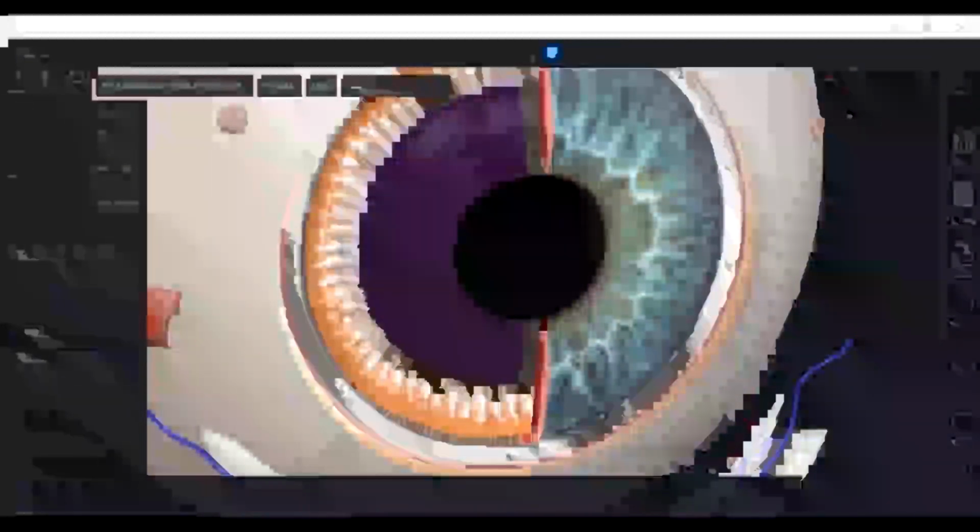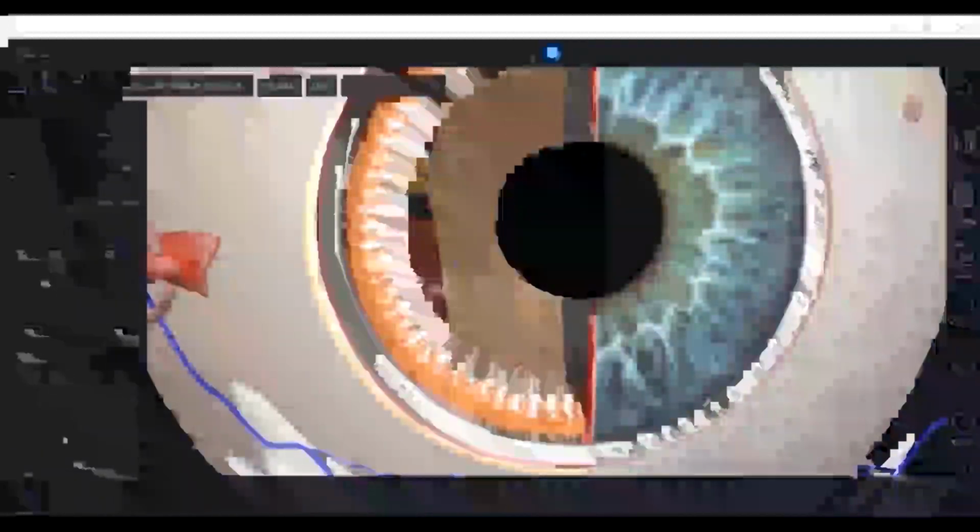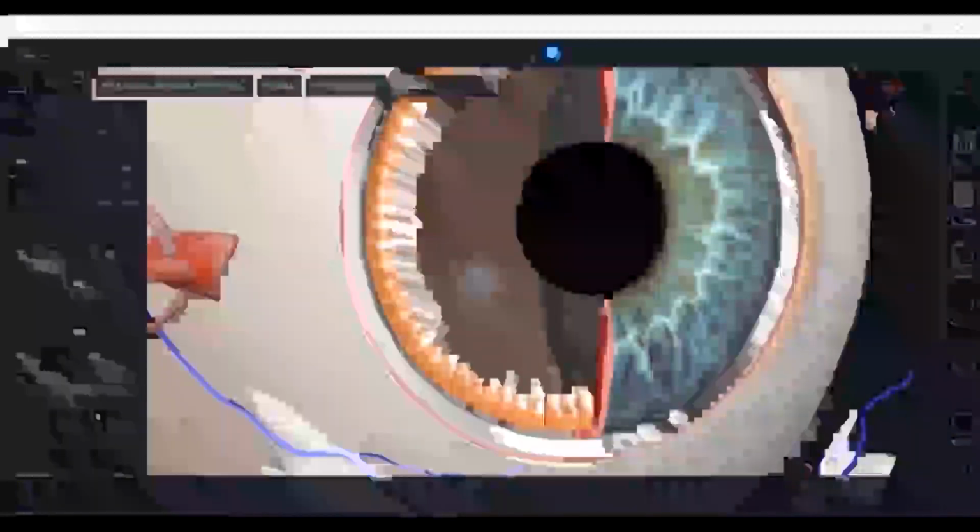So this is the capsule of the lens. Even in the lens, they've gone into so much detail. So capsule, after that, what you see here is the cortex of the lens. Then once I remove that also, you can see different layers. This is the nucleus of the lens, and these are the different zonular fibers holding the lens. So through this, you are able to see the interior. This is the retina actually. You are seeing it from the front. So this is the vitreous humor. Through that will be the fovea here. Then the optic nerve emerging out here. So this is the optic nerve.